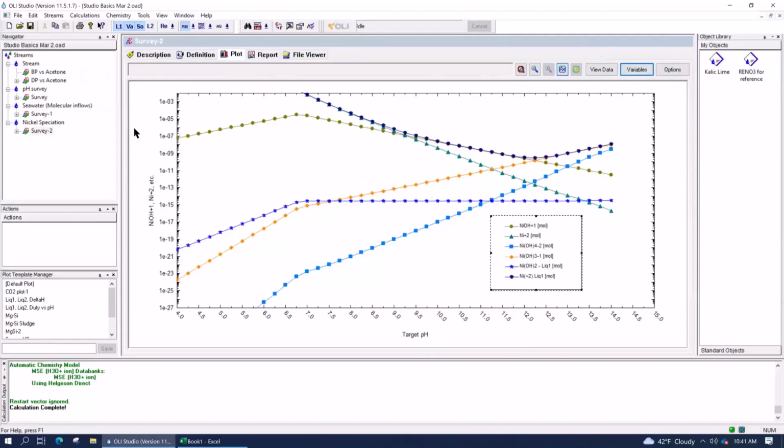Yes. Okay, good. All right, so what we're going to do today is learn the mechanics of the water analysis object. Water analysis is one of the most complex objects that we have in OLI Studio because there are many adjustments that you may want to make in a water analysis. Or several at least, maybe not many, several. And I want to go through at least some of those with you. But the most important thing is knowing how to set it up.